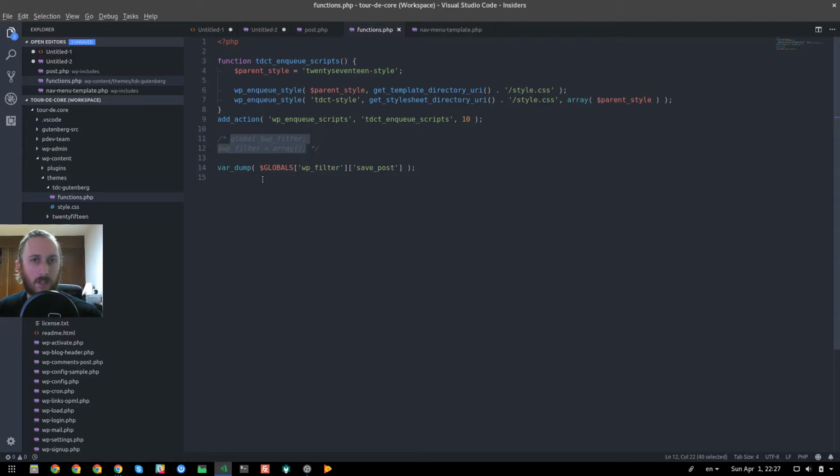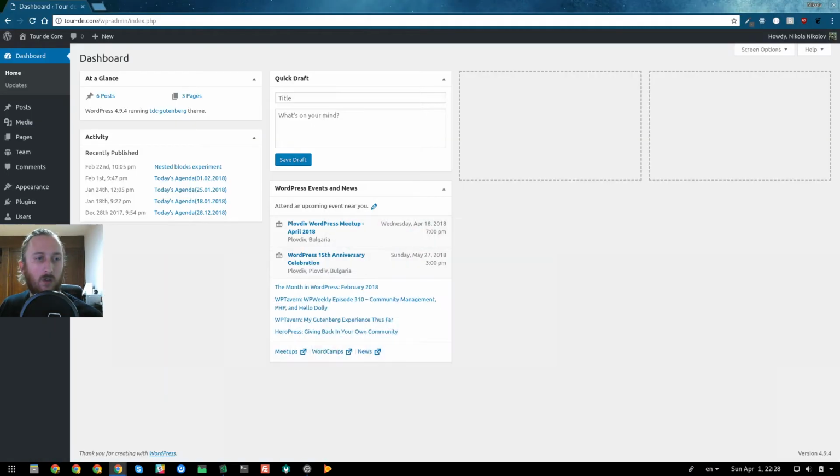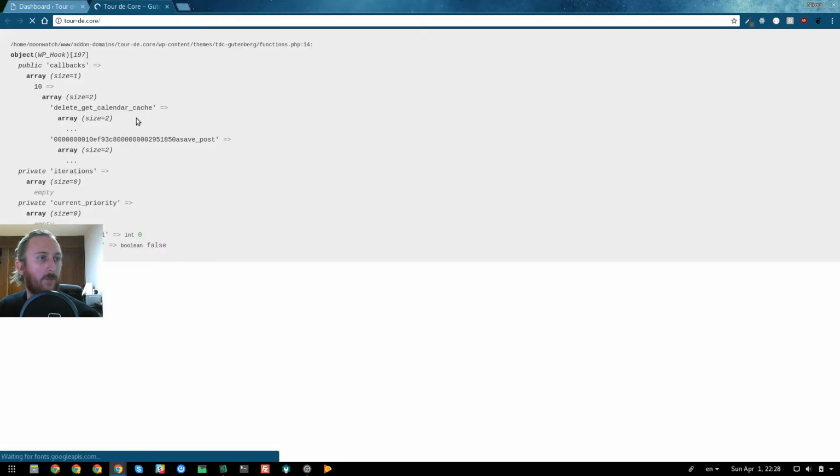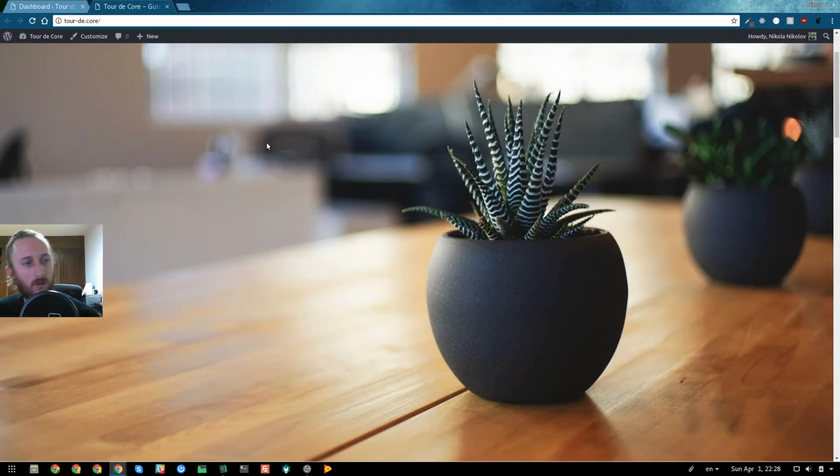Okay, so I say, okay, well, let's look at what is inside of save post. And in here, I would expect to see an array with indexes for the priority, so 0, 10, so on, and then the corresponding callback that has been registered to that priority. And what we see here,